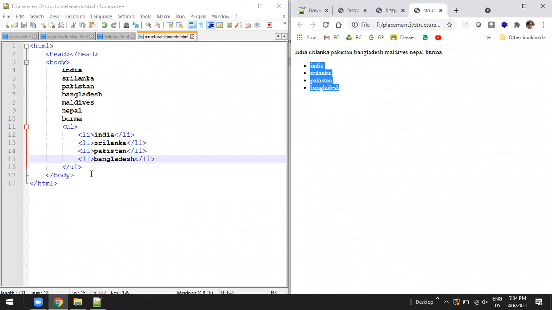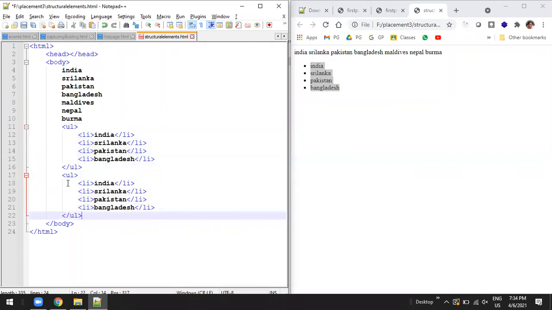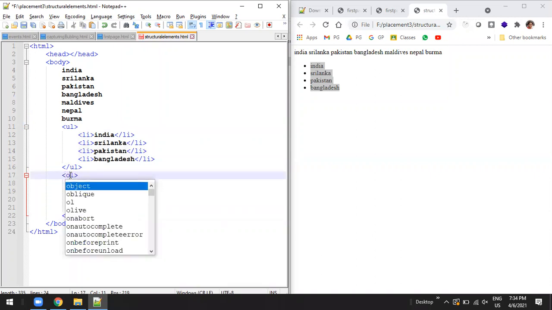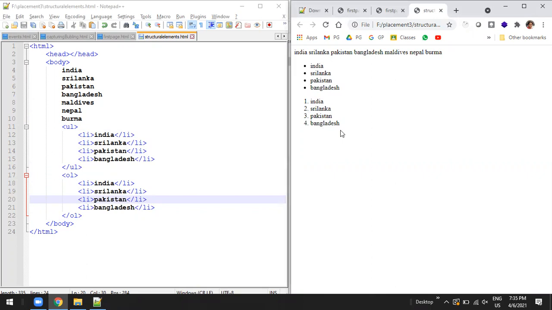This is how we can create lists. If you want to put the same thing as a 1, 2, 3 kind of numeric list, you use the same syntax, but instead of UL you use OL. They are called ordered lists.